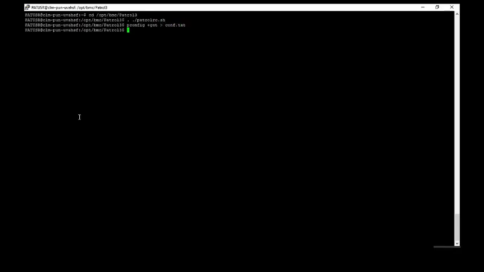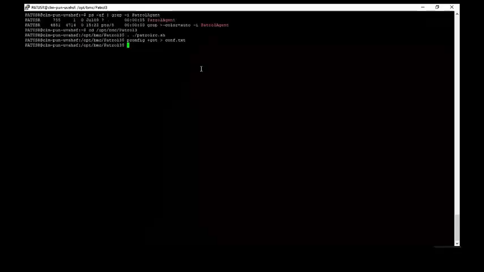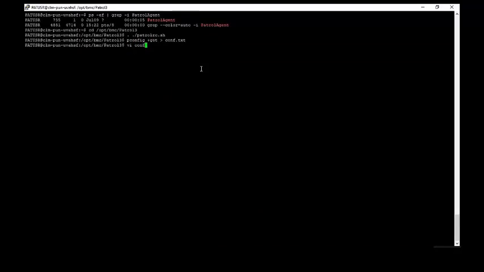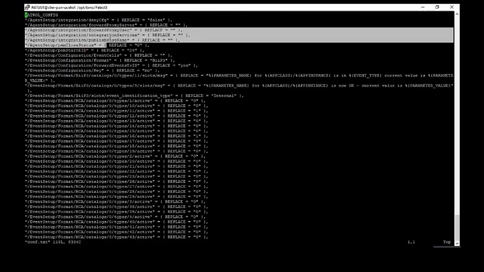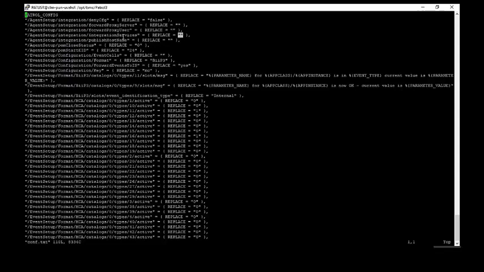Now all the configuration has been dumped into the conf.txt file. So we will need to edit the conf.txt to update the integration service details so that Petrol Agent can connect to the integration service. If you look at the configuration, the integration service has been set to blank. So this variable should have the valid integration service details in order for Petrol Agent to connect to the integration service. So I will edit this file